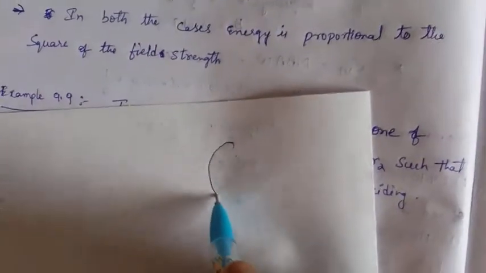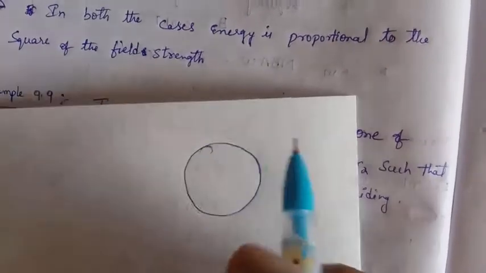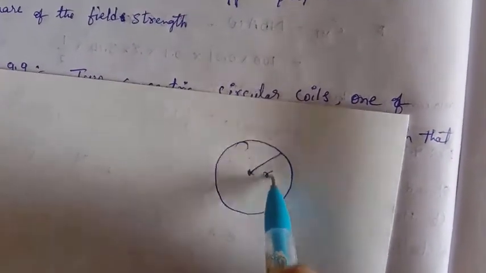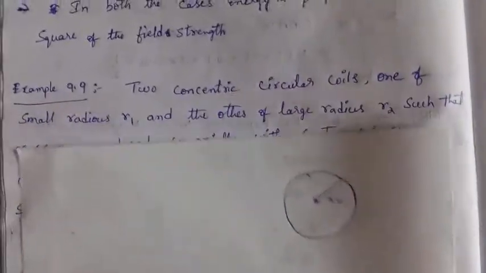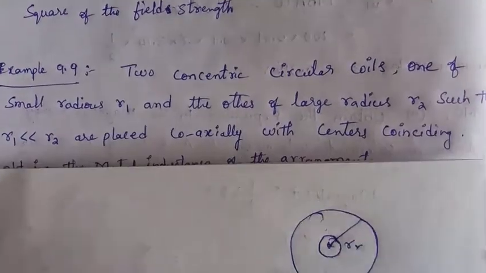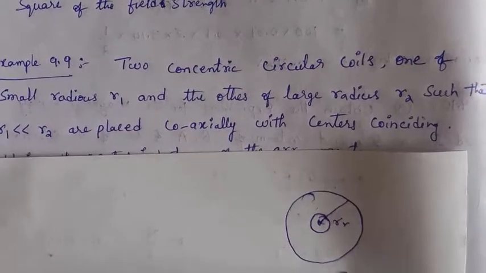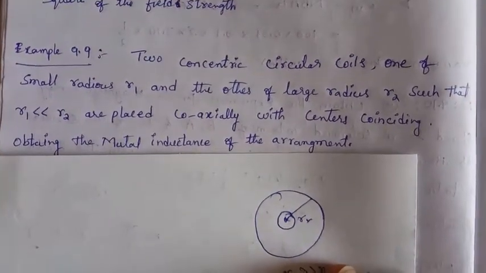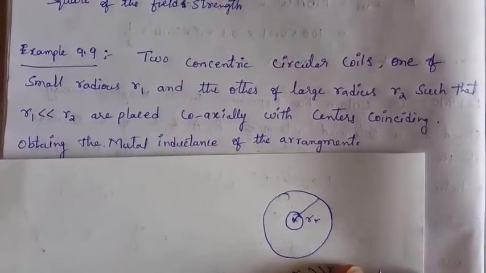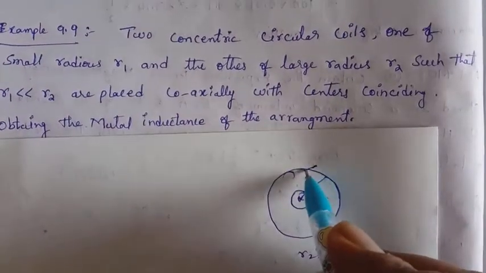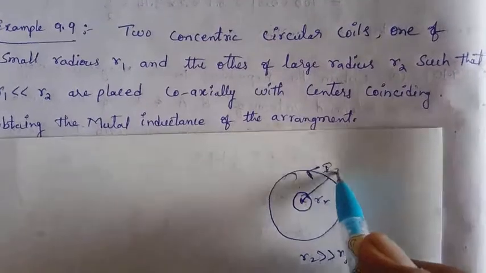So the outer circular coil has the radius R2, and inside it is a small circle. Two concentric circles, with a small circle inside. Why? Because here the condition is given that R2 is very much greater than R1. So mutual inductance means if the current I2 is flowing through the outer coil,